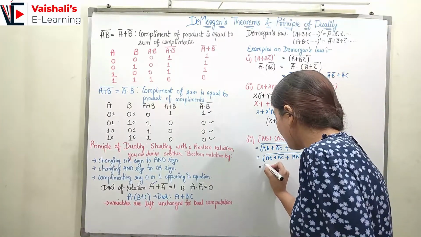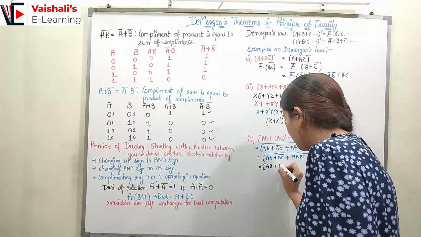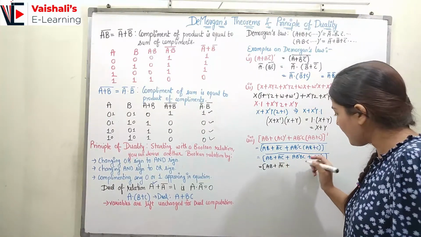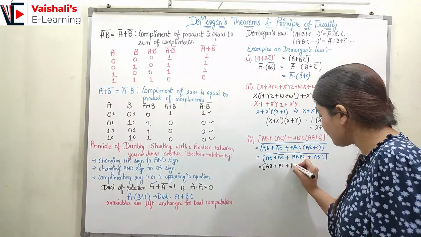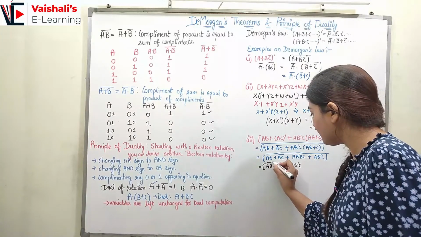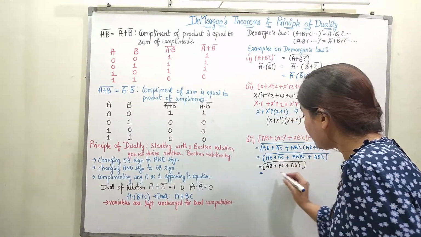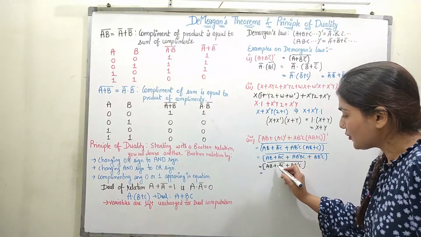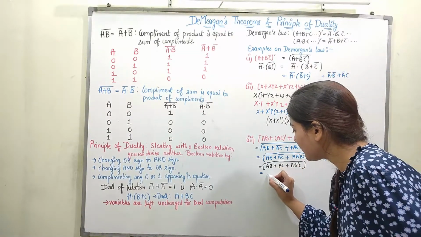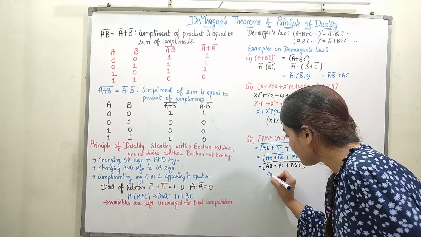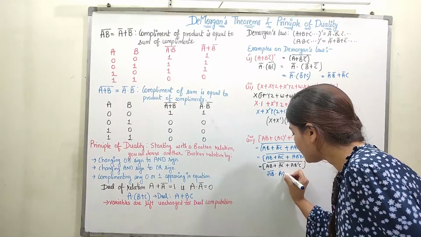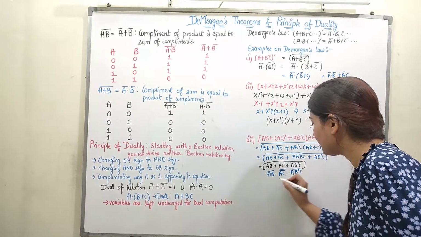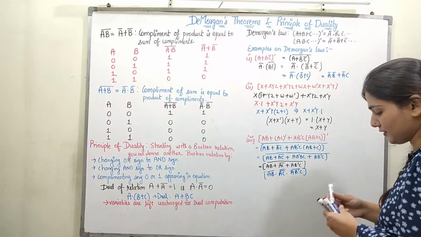Okay, so now let's move further. Here I am again simplifying it: AB plus AC complement plus this is my 0, and any variable when added with 0, I am going to get that variable only, so I can skip this term. Here we will have (AB'C) whole complement. Right, now it can again be used with De Morgan's law. So we can use De Morgan's law over here. We have plus over here, which will be converted into the dot. So we will have (AB) bar dot (AC) bar dot (AB'C) whole bar. So this is how we have used De Morgan's law over here.